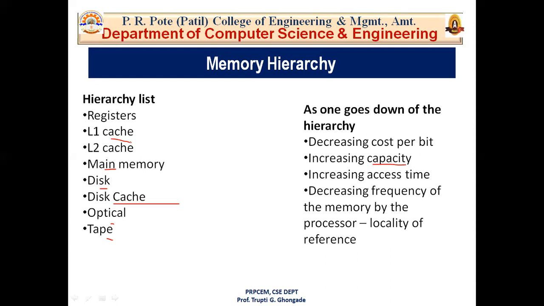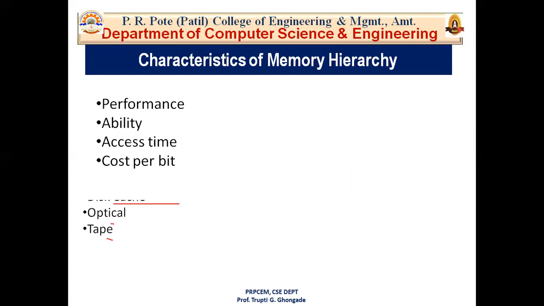And then another element in the memory hierarchy is the magnetic tape. This tape is normally a magnetic recording medium designed with a slender magnetizable coating on an extended plastic film of a thin strip, and is usually used to back up huge amounts of data. Okay, then let's see the characteristics of memory hierarchy.